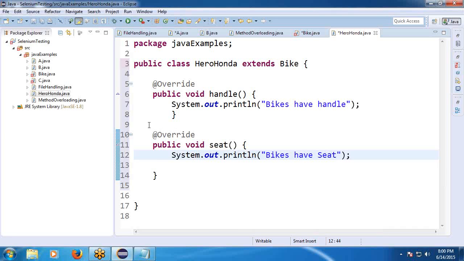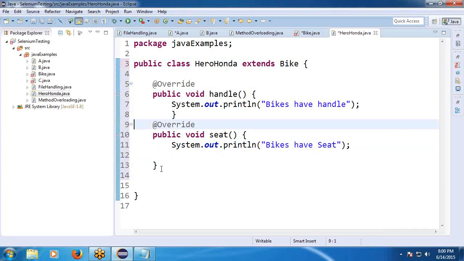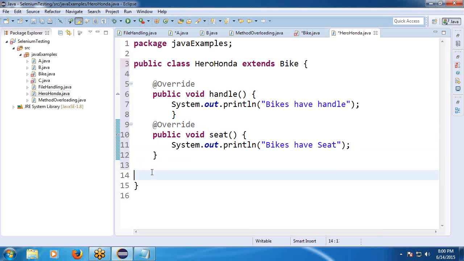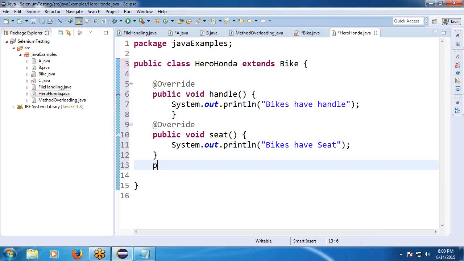Then I can use concrete methods and abstract methods. Abstract methods I implemented. How to access? See,